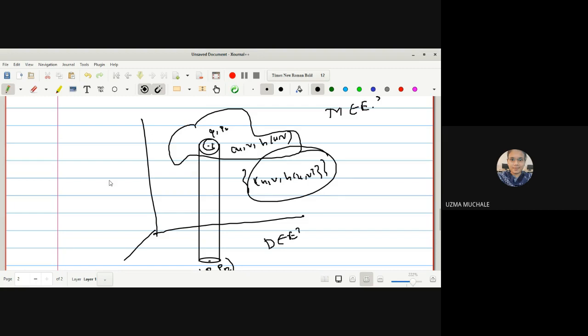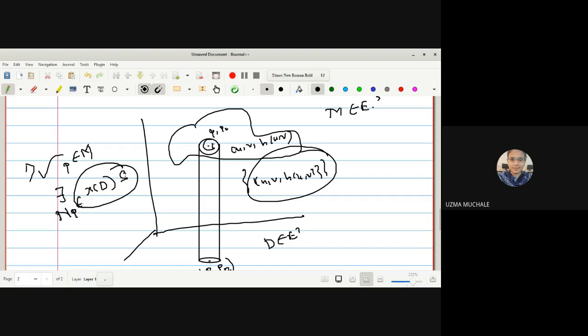Hence we can say that as we have proved this for a single point P on a surface M, which was an arbitrary point, we can generalize the concept that for every point P of a surface M, there exists a proper patch in M whose image contains the neighborhood of a point P.